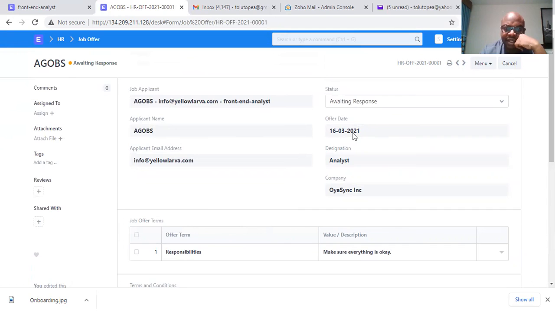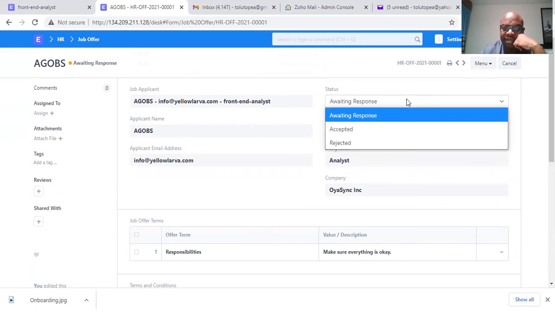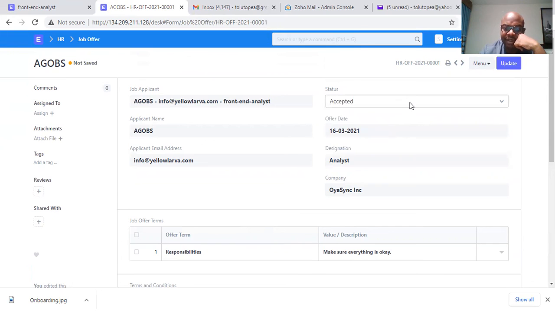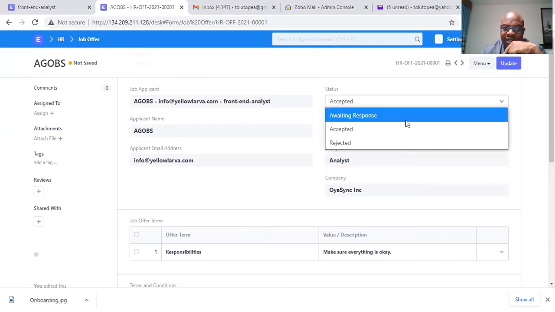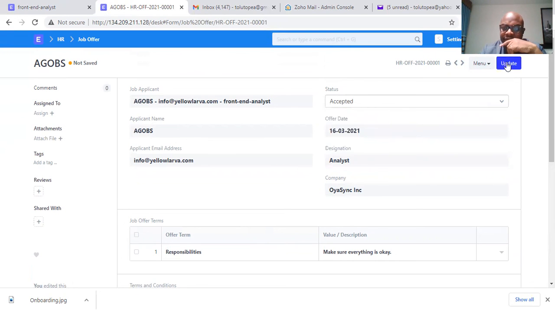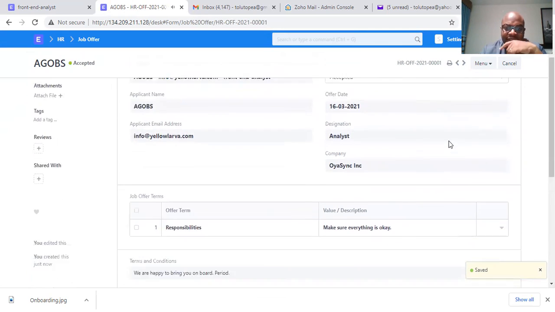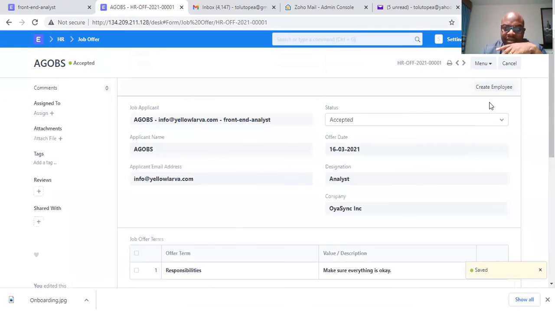Once he gets it in the email and it communicates to us that he likes the job, then we update this information to accept it. But if he says he doesn't want it based on the terms, you change it to reject. So let's assume he accepted it. We update that he accepted. Now that he's accepted it, we can create him as an employee right from here, or start the whole onboarding process. So if we say create employee now,